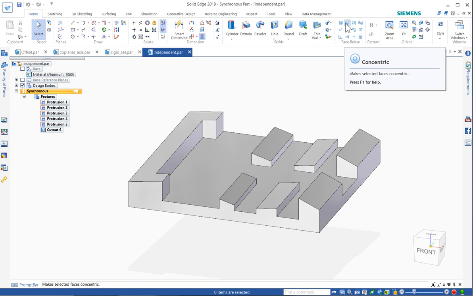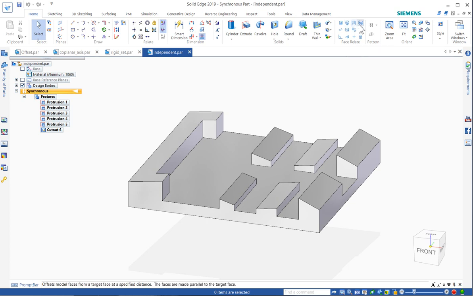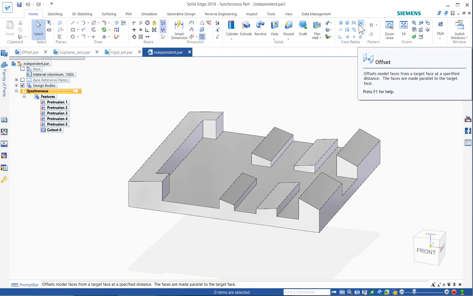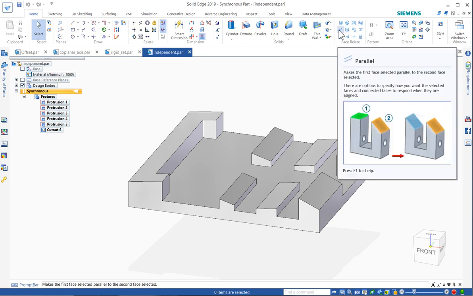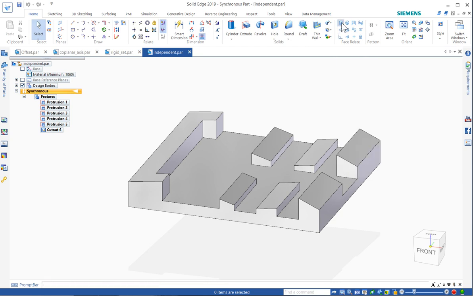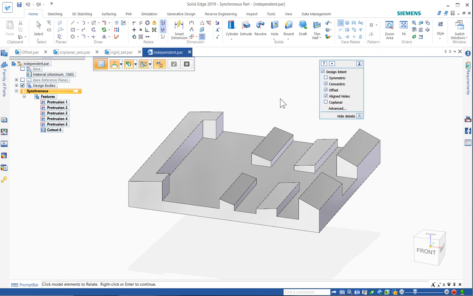Some of these are easy to understand. Coplanar is one that's easy. Concentric, I think, is quite easy. Symmetry, maybe a little tricky. Offset can get a little tricky. Parallel, we'll look at some of these. Let's look at